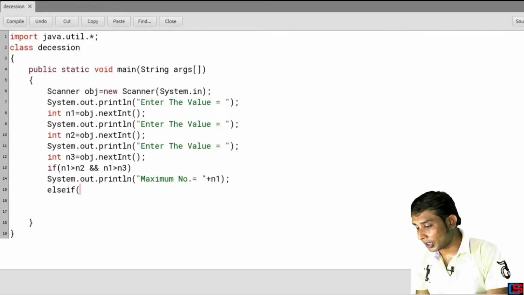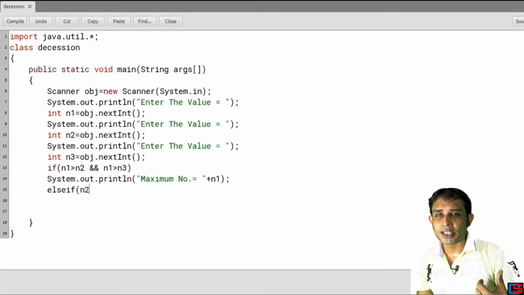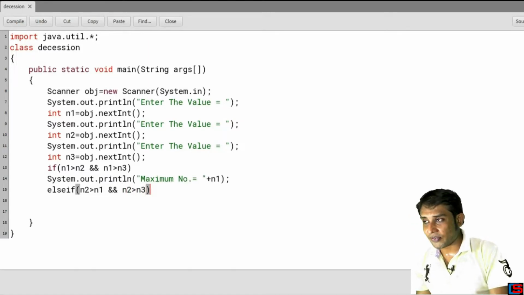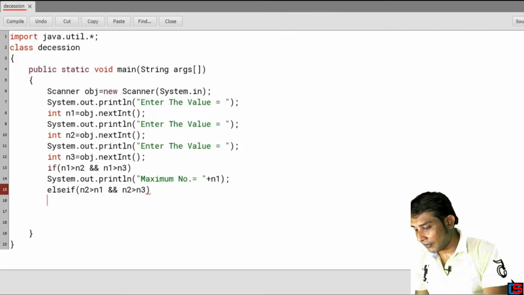Now I'm going to check whether the n2 is the maximum number or not. For n2 to be the maximum number, n2 must be greater than n1, as well as n2 must be greater than n3. If both conditions are satisfied, then n2 becomes the maximum number, and after that I'm writing system